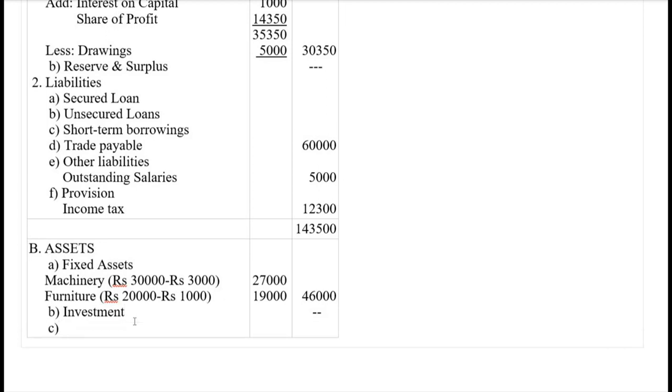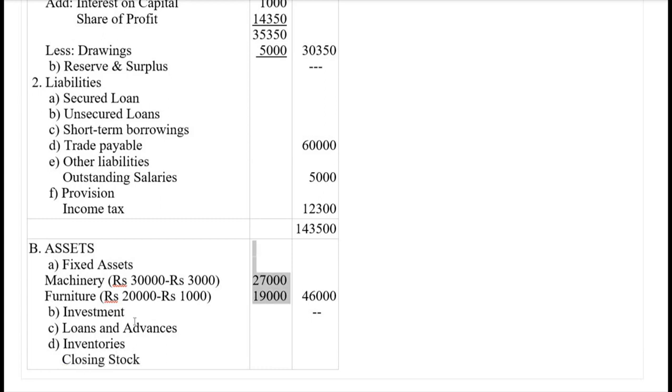Then C, we have got loans and advances. There are no such things here. So now let's take D, that is inventories. Inventory is nothing but the closing stock here. As we have got only one item, the closing stock is given as rupees 30,000 here. So 30,000. Then the next one here, E,